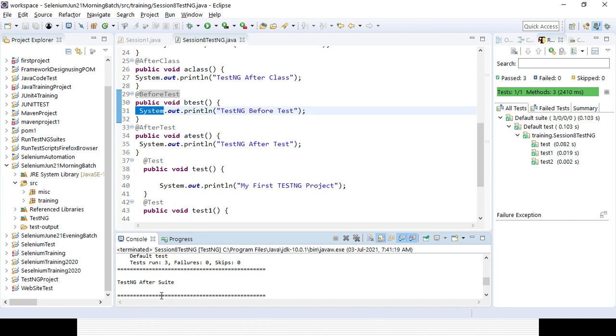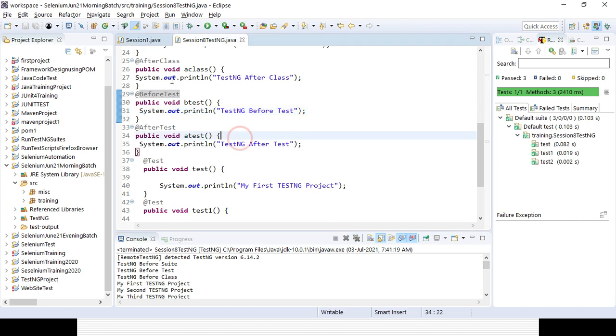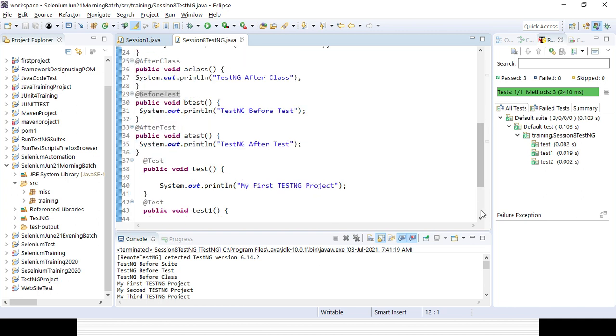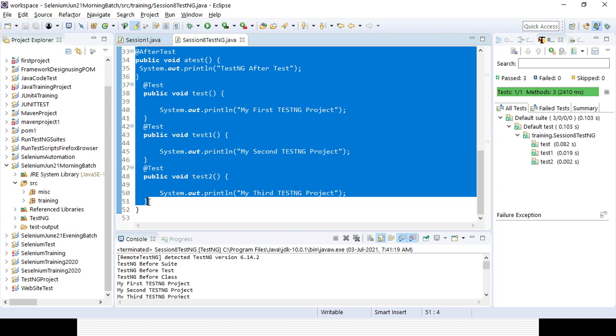So it is again completing everything. This is after shoot, right? So that is the beauty of it. This is not any test case, but this is a kind of supporting part. If you want to execute something as your precondition or postcondition, you can do it, right? I'll be showing you in a real time example how it can be included.